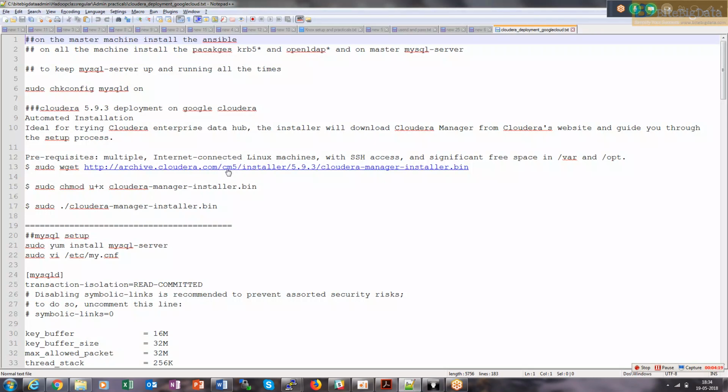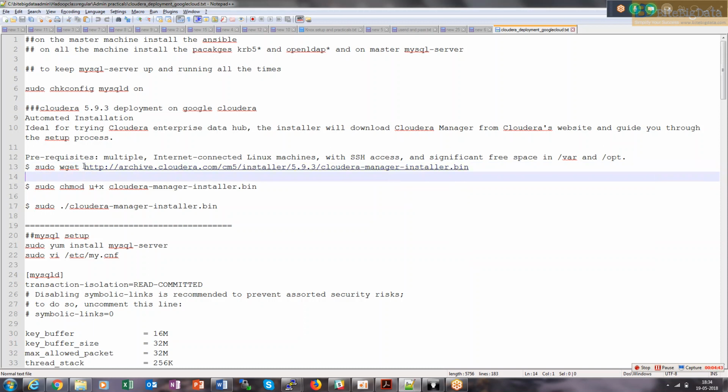The Cloudera Manager installer we had used was 5.9.3. This is what we got from cloudera.com, the Cloudera Manager 5 installer 5.9.3. This is what we already used, and this will work for the newer version of